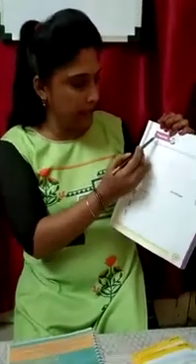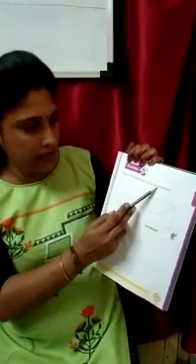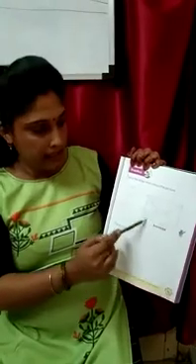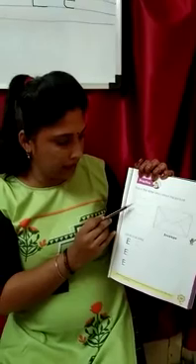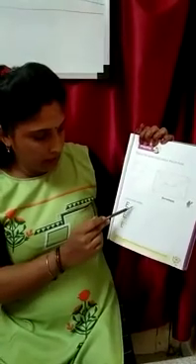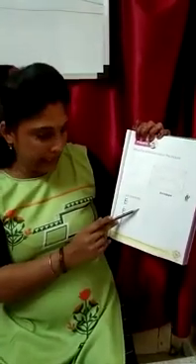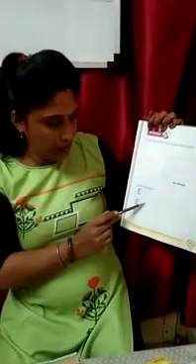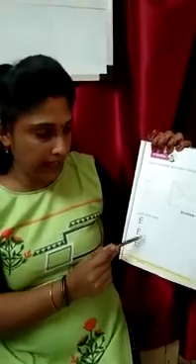Now turn the page, practice. Mention the date, trace the letter and color the picture. See kids, this is an envelope. E for envelope. First of all, you trace the alphabet E. Trace and color it. Trace and write. First you trace alphabet E, and after that you write down capital E. Okay kids? Now you turn the page.